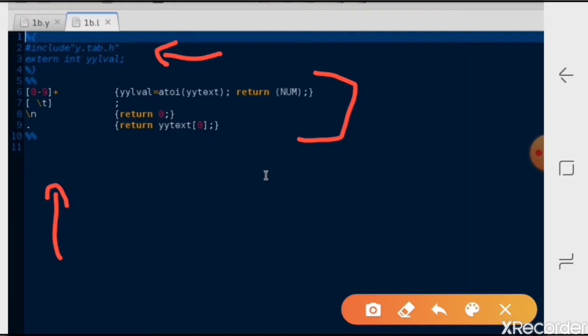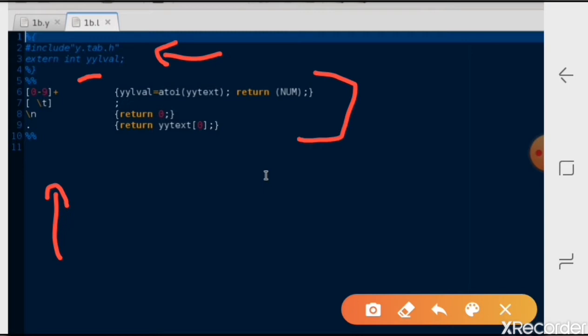Next, in line number 3 we have extern int yylval. This is a variable which is globally defined inside the y.tab.c file. Whenever we compile the yacc program, this global variable will take the values of the tokens that are coming.